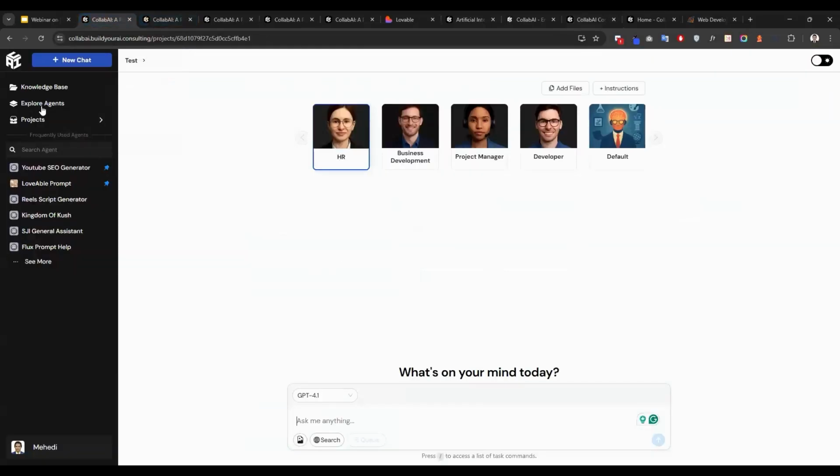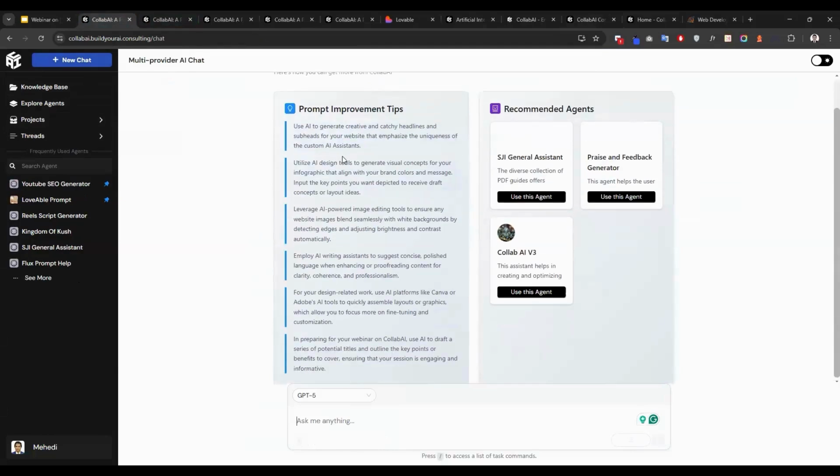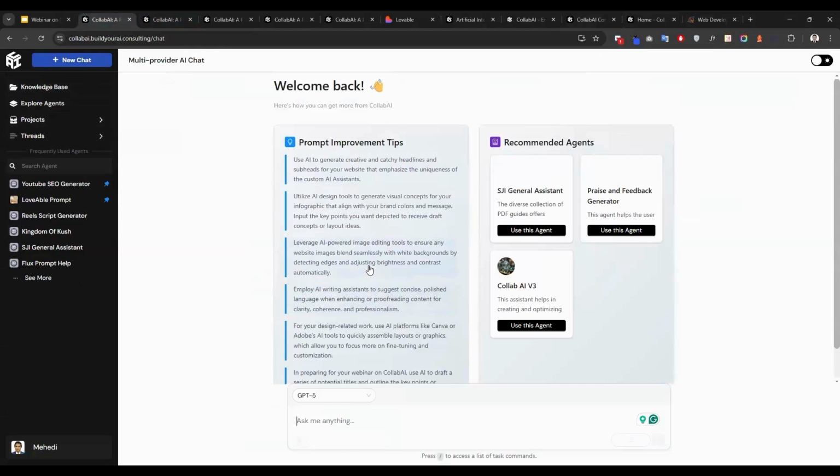So let's dive into some of the AI agents, how they can help you, and let me try a few of them. We have two kinds of agents with us. One we call agents, and one we call projects. This is a welcome feature on how you can work efficiently. There are some tips, and some of the agents we mostly use are recommended. Based on the service you will be purchasing, the experience will vary. But for me, I'll just show you how it works.